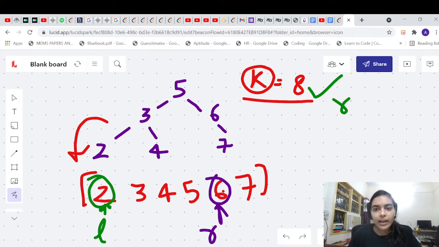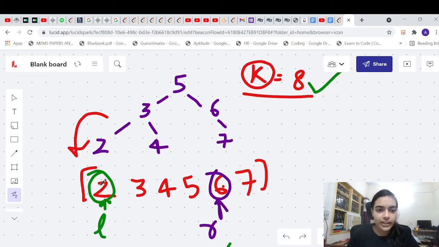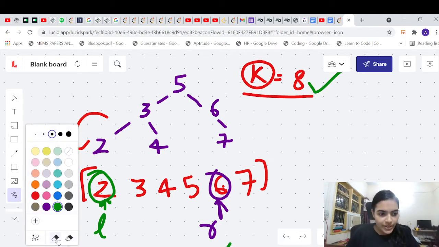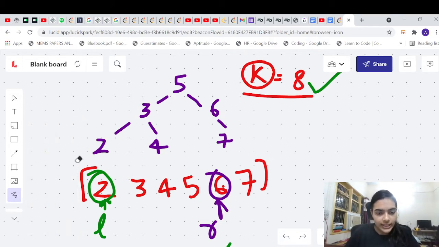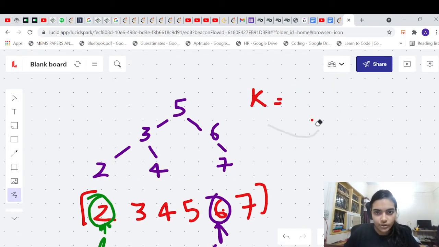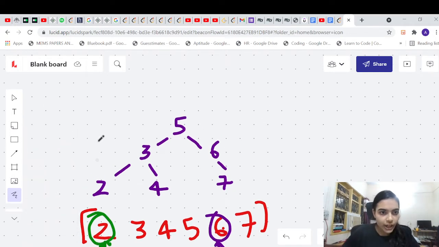So this can be used to our advantage to sort this. So we will simply do an in-order traversal to convert this binary search tree to an array. This is the first approach that we are going to take. So let's see the in-order traversal. Let's see if we are able to obtain the same array or not. Let's do the in-order traversal above and try to see if we can obtain the same array.